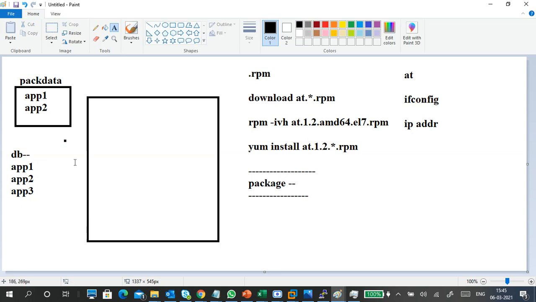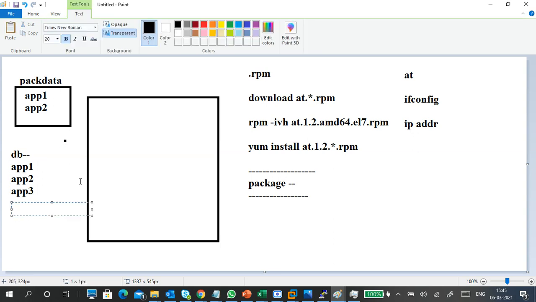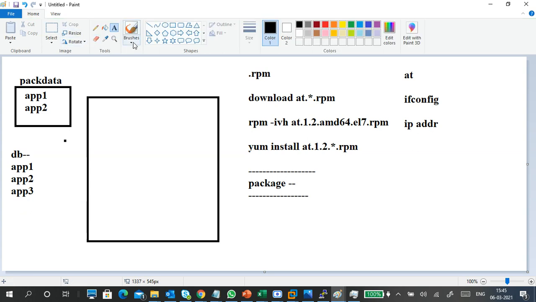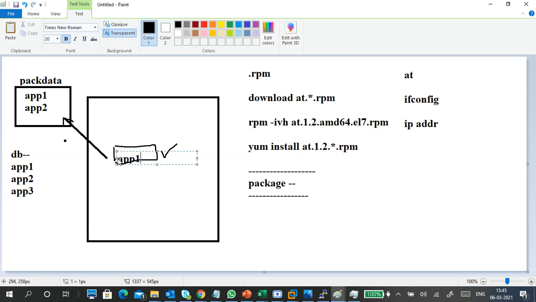Next, I want to know where this repo data is available, so that I can contact it. Then I can contact this repo data and download the required packages. When I install a package, for example, I need app1. When I download that package,